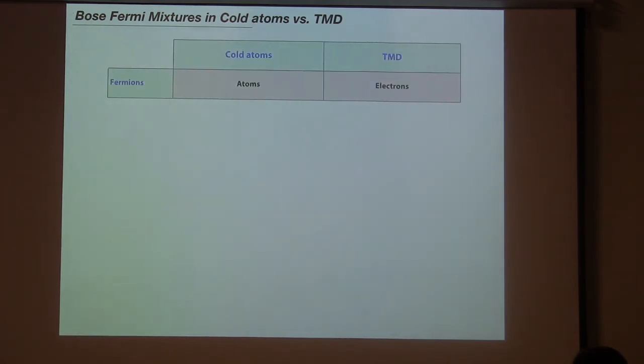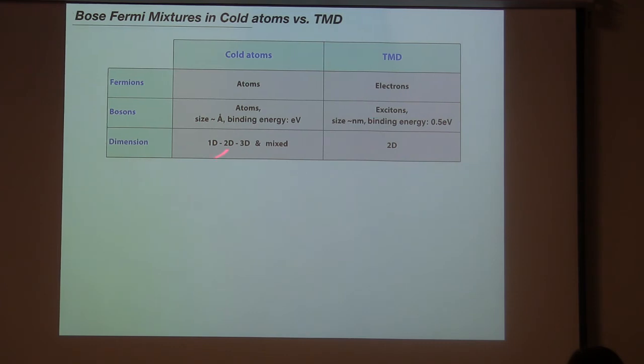And we can ask now what actually the ingredients of those boson Fermi mixtures are which we want to compare between transition metal dichalcogenides, the semiconductors, and cold atoms, where the fermions are atoms. In our case, in cold atoms, it's electrons in the semiconductor. The bosons, again, are atoms. In cold atoms of the size of about an angstrom, finding energies in eV. In the TMDs, it's actually similar energy scales on which the excitons are bound. As we have seen, it's in eV approximately.